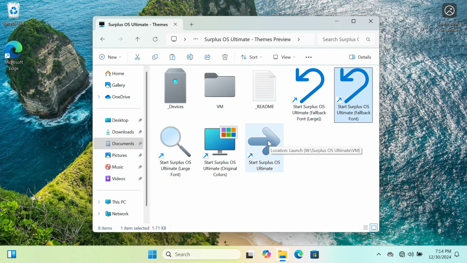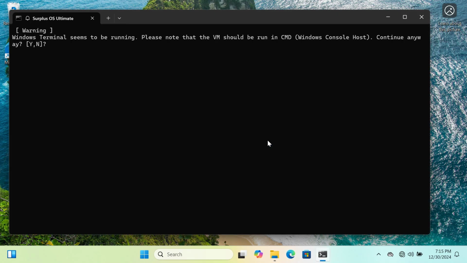Now, the first time you start the virtual machine environment, it's going to give you some messages. For one, it's going to say Windows Terminal seems to be running. Now, you could press Y and just continue anyway, which is perfectly fine. But I've noticed Windows Terminal could be a little weird when clicking around. Sometimes it selects stuff or gets a little stuck for a minute. So again, you can just press Y on the keyboard and continue on, but the recommended option here is to